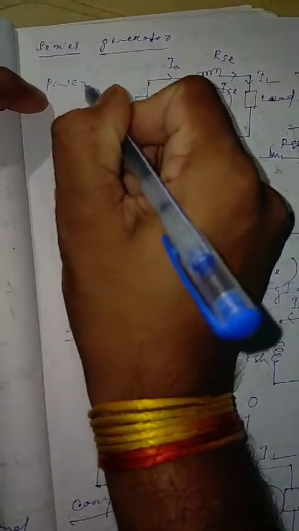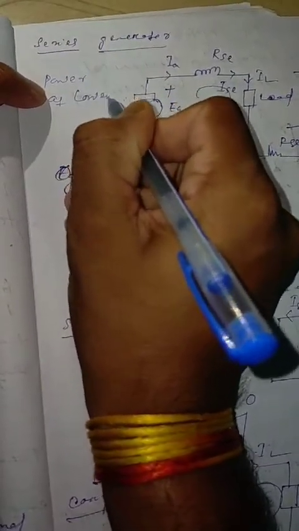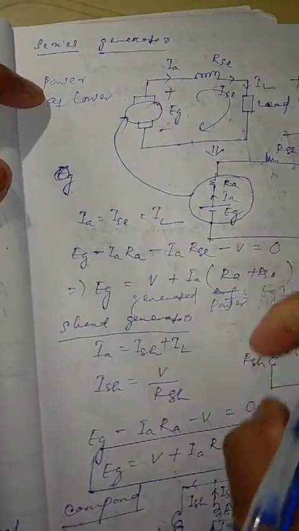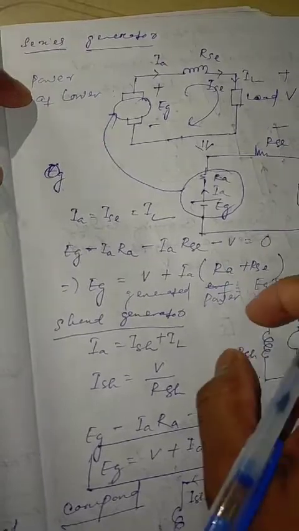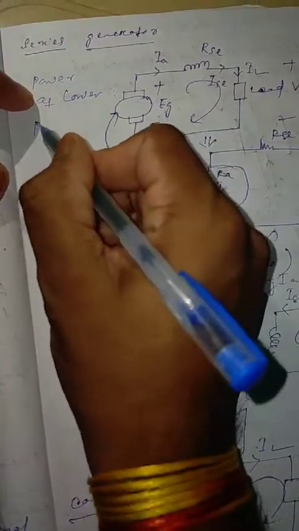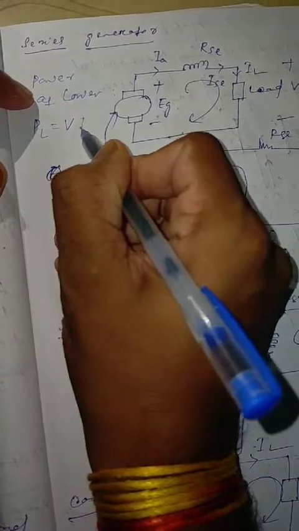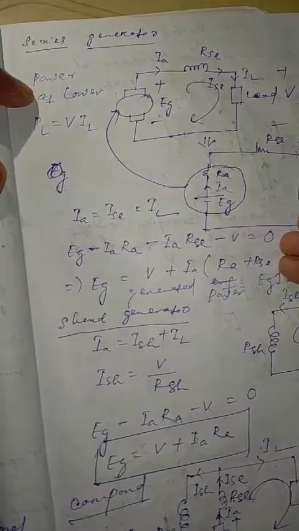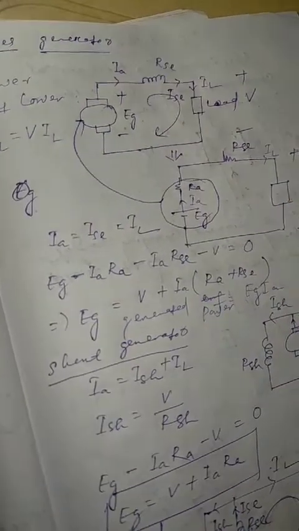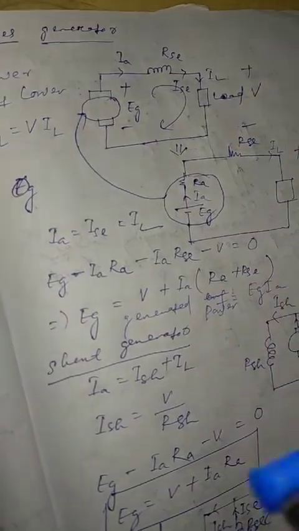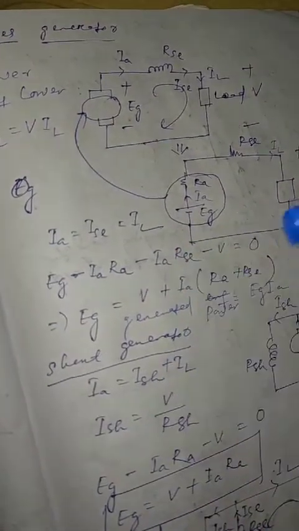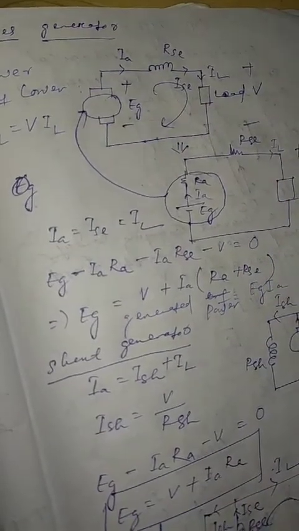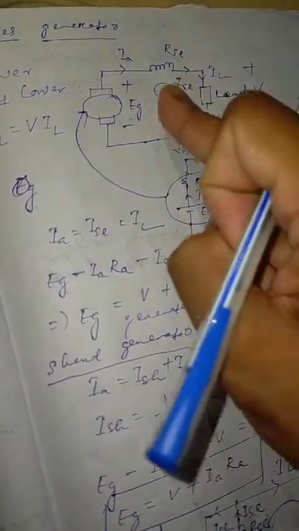Another factor is known as power at load. How much power is there at the load? Very simple. It is a DC analysis. In DC, power is always V multiplied by I. So PL equals V multiplied by IL. This one is IL multiplied by V, which equals the power delivered. So in every DC machine, the power generated is always EG into IA, and in every DC generator, the power delivered is always given by V multiplied by IL. Whether this machine or this one, in any category, this is the common expression.